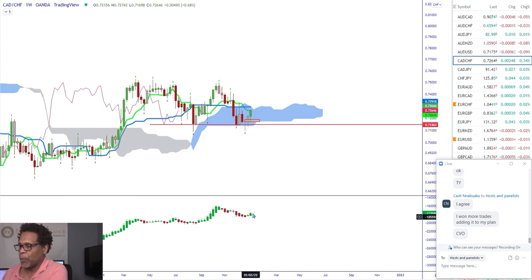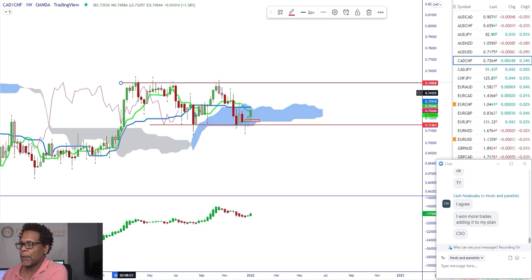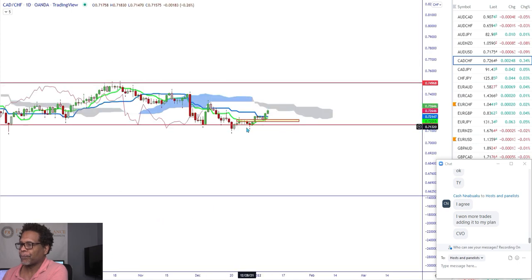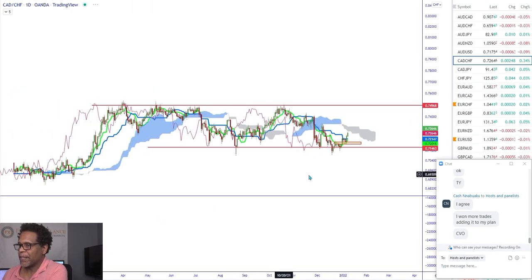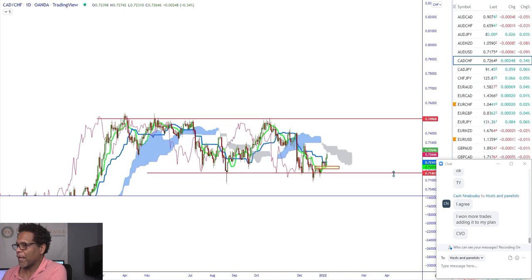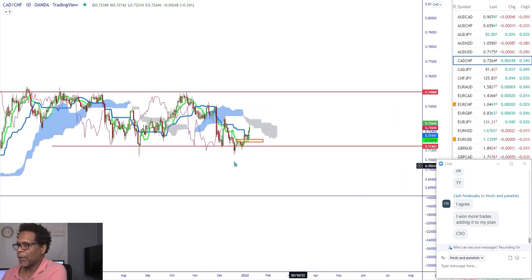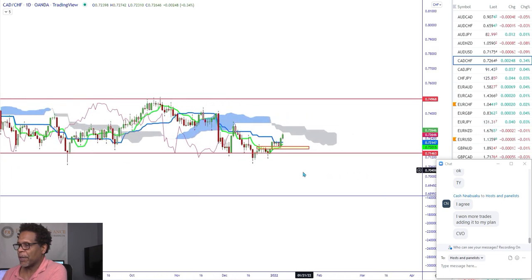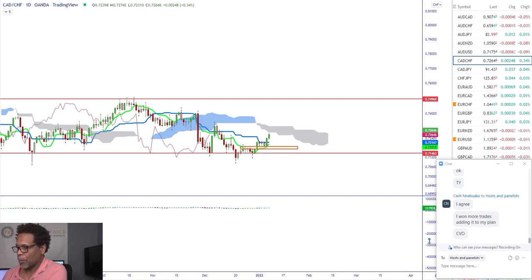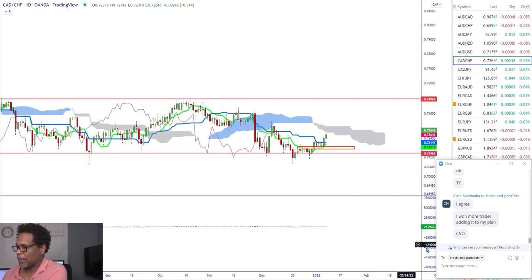So we do have some, and we do got a bigger candle. So this is probably going to see a move a little bit higher. We could be pushing up to this level. Ichimoku is not helping me much here. So let's go to the daily time frame. And that's what we could be seeing happening. Now, if you look at this, we're below the cloud. Couple things to pay attention to. Let me get this back in view.